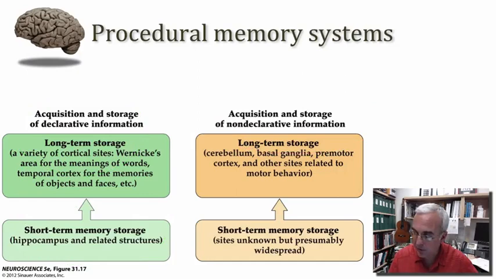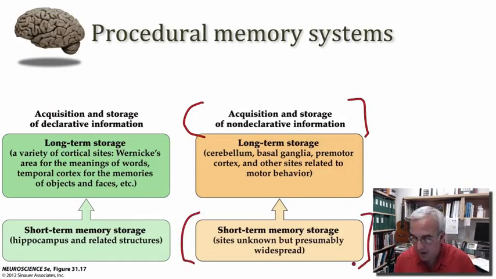So when it comes to our memory systems for non-declarative memory, we're just now really beginning to do the kinds of experimental work in humans and non-human primates that would shed more light onto the kinds of systems that are essential for acquiring these kinds of memories, for consolidating them, and then for long-term storage. Now, our figure from the book indicates that we don't know really what's involved with the short-term acquisition of declarative memory. I would suggest that perhaps we do know a little bit more than what this figure would imply,